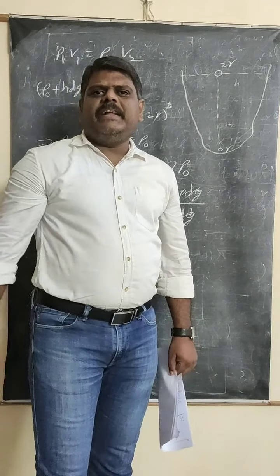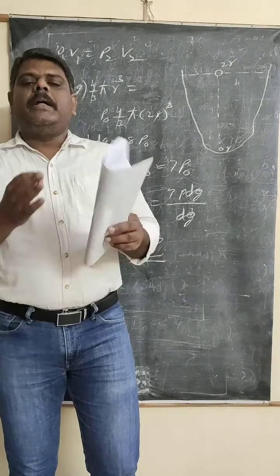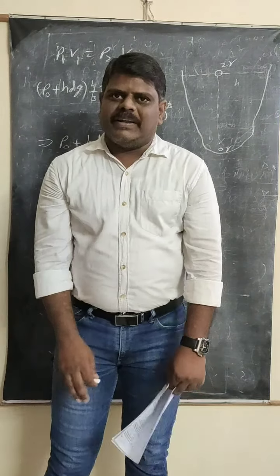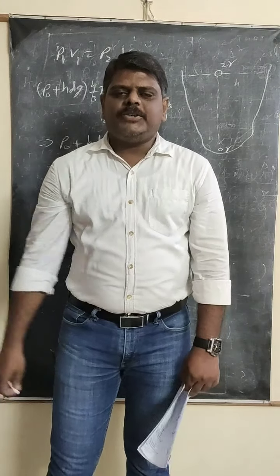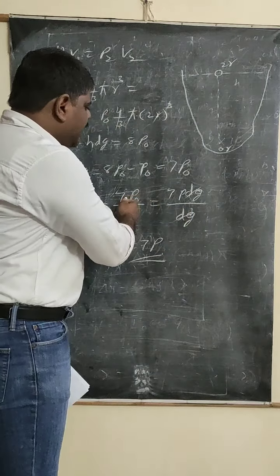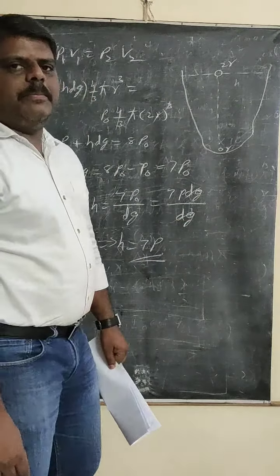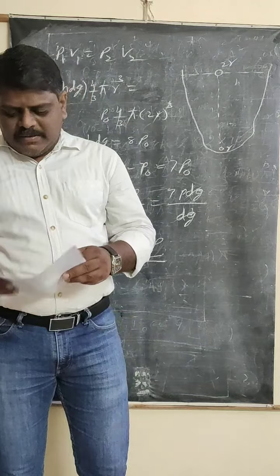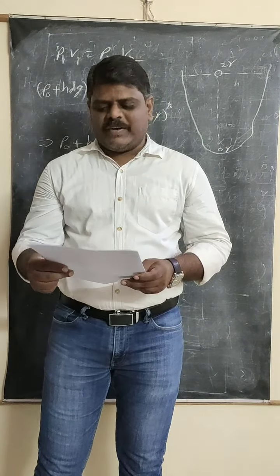What is given is P centimeters. Atmospheric pressure is produced by P centimeters height of the water level. The general pressure formula is HDG, and in place of H you take P centimeters. That's why in place of P naught you get P DG. DG will be cancelled and you get 7P. Okay, so this is the answer. Which option is correct here? The fourth option is correct. Okay, let's go for the next problem.